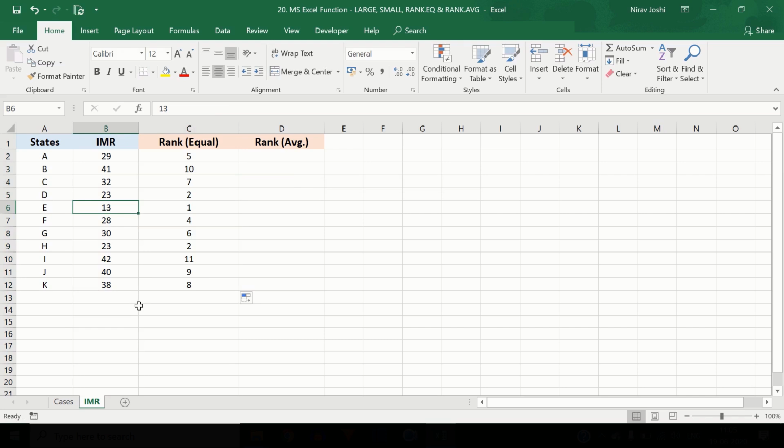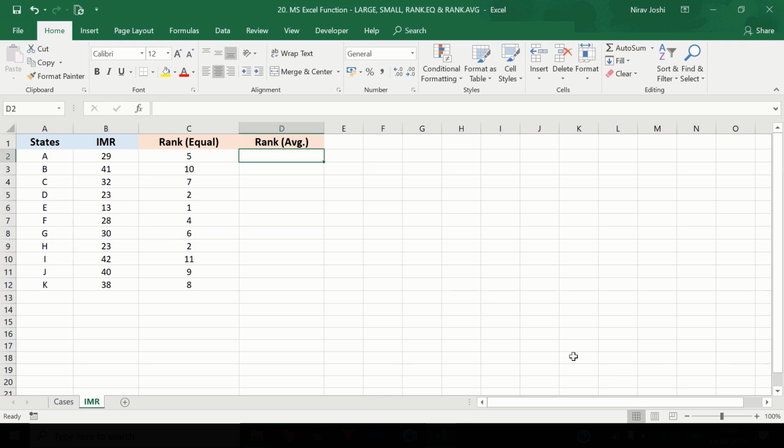Now in this example, you would also understand why the functions RANK.EQ and RANK.AVG are two different ones in Microsoft Excel. As you see here, there are two data with a similar level of infant mortality rate, and this RANK.EQ function has provided the same rank to both, and that's why this function is termed RANK.EQ or rank equal. So after providing the first rank to this data, the next level of data is this one, and that's why there are two ranks here, and after that there is no third rank, and it has directly given the fourth rank to the next available data in ascending manner.